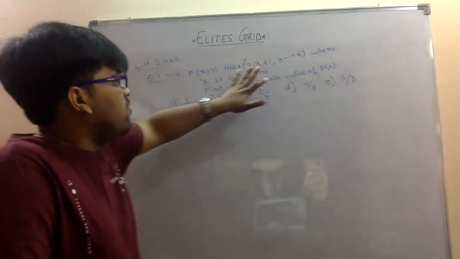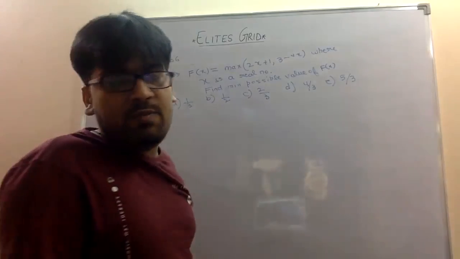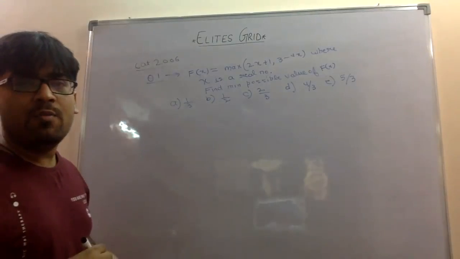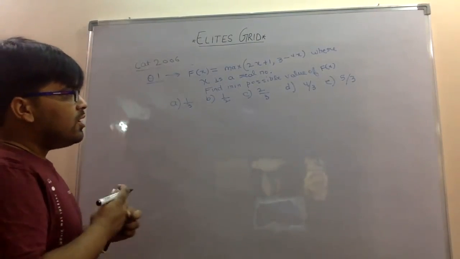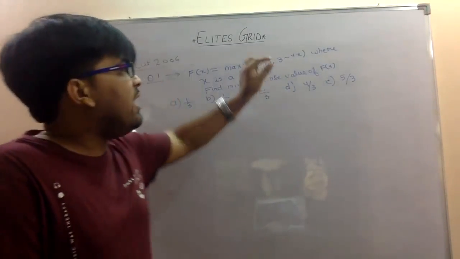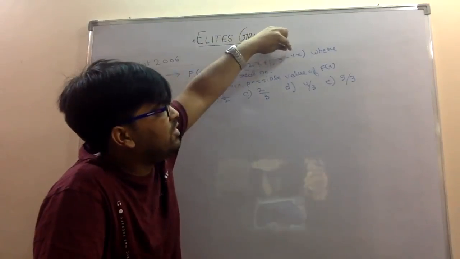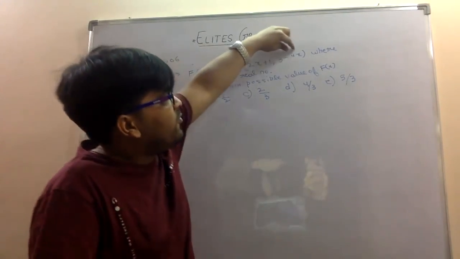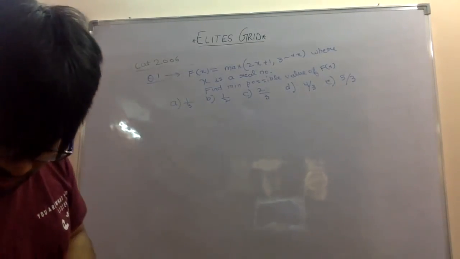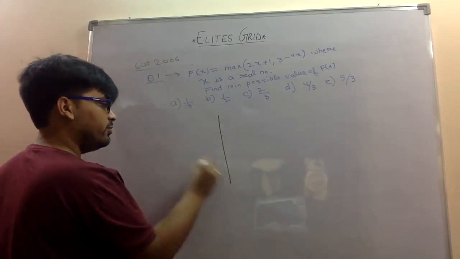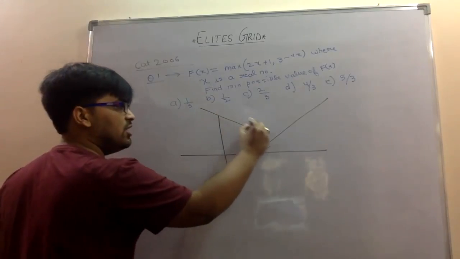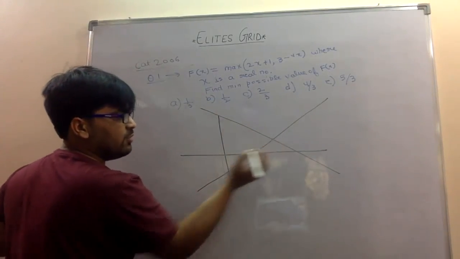Question 1: f(x) is equal to max(2x + 1, 3 − 4x), where x is a real number, and find the minimum value of f(x). For those who don't know the basics: the minimum of a maximum, or the maximum of a minimum, will occur at the intersection point. If one function is increasing and the other function is decreasing, then their intersection point